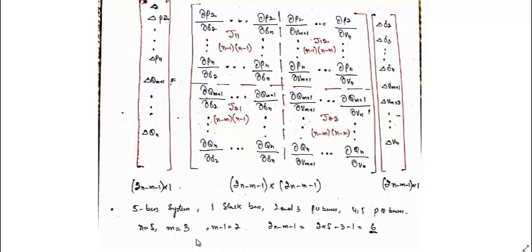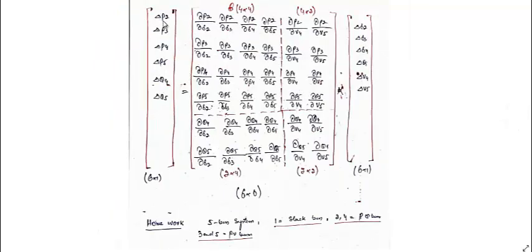So, sorry, number of PV buses. So 2n minus m minus 1, that is 2 into 5 minus 3 minus 1, will be 6. So from here also we can get the order of all the matrices. This will be 6 cross 1, this will be 6 cross 6, this will be 6 cross 1. So this has been written like this: delta P2, delta P3, delta P4, delta P5, or we can say these